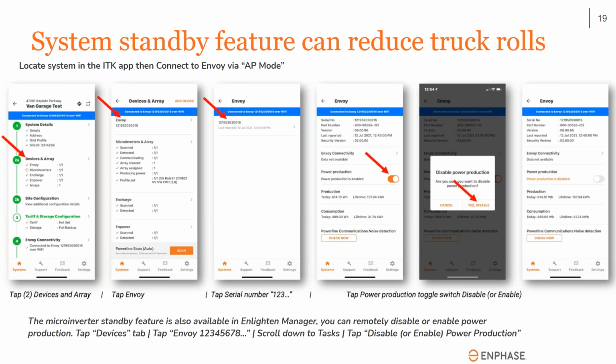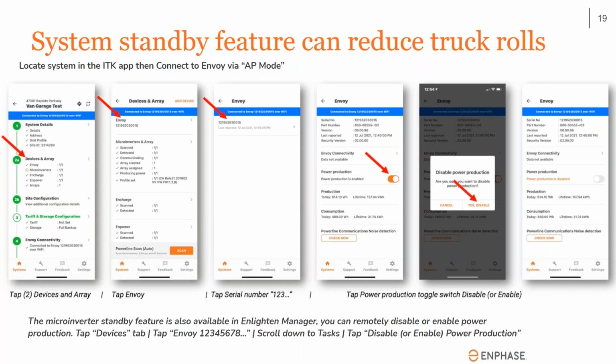So I wanted to make sure that everybody knew how to do this. And specifically within the Enphase ecosystem, you're going to find the Envoy, disable power production, and then once PTO has been granted, the letter, the email, etc., you'll go back to that exact same spot and tap enable power production. So it can really save people a lot of time and stress and money. Yeah, I like that. And from the homeowner perspective, you're not waiting on a truck roll. You're not waiting for a guy to be free to come over. Yeah, lots to like about that. Yeah, it's nice. And there's quite a few homeowners that don't like to turn switches on and off too. So if you're allowed to use this feature, it's great. Yeah.